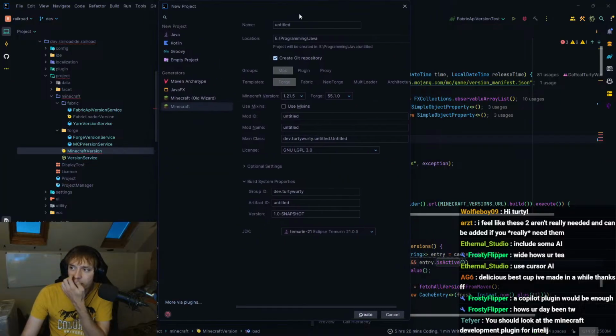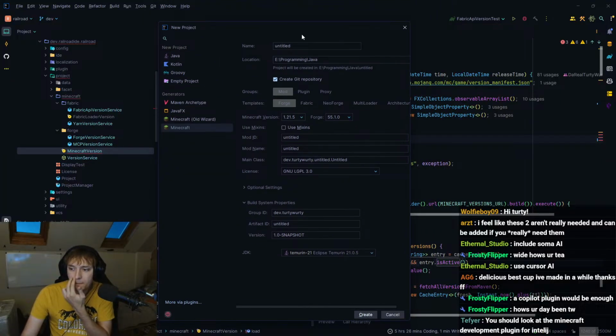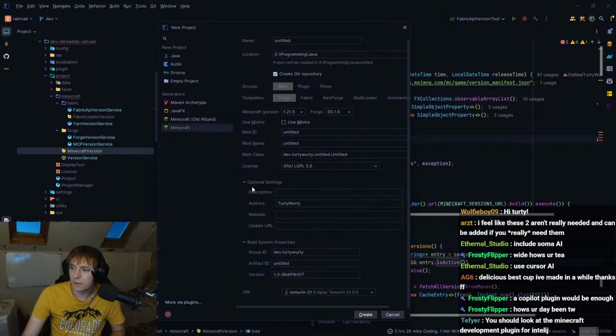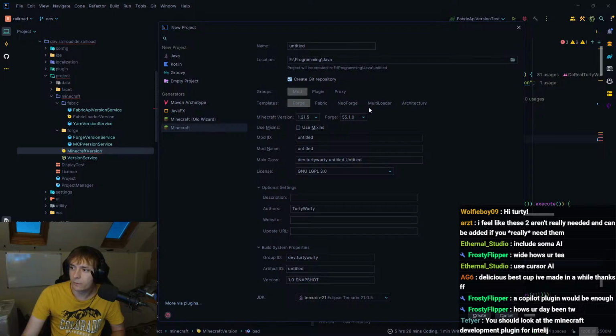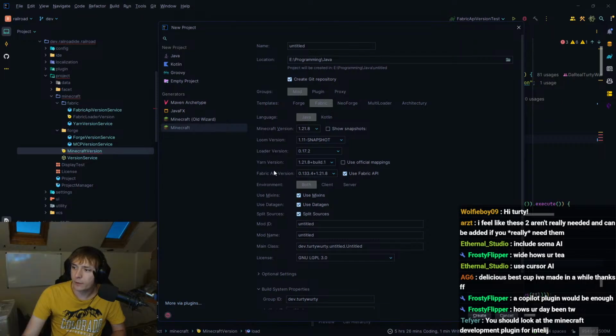Yeah, I mean, this is basically what we're going to be doing today, in reality. But we already have a lot of this stuff. I think we actually have more than this, not in terms of the number of different things, but in terms of the different fields and stuff. I mean, this is Forge, but if we go Fabric, there's actually a lot more Fabric ones here than I thought. Yeah, Loom is one thing I haven't done yet. I haven't got a Loom version. So this is a way to hide snapshots. That's interesting.